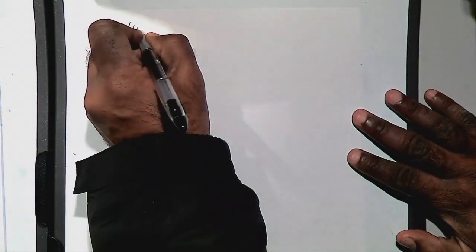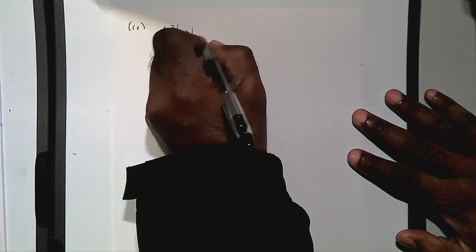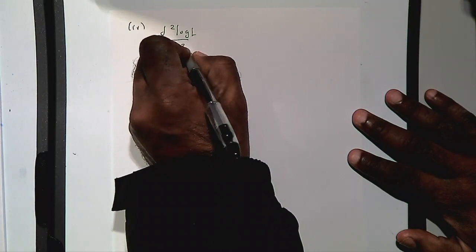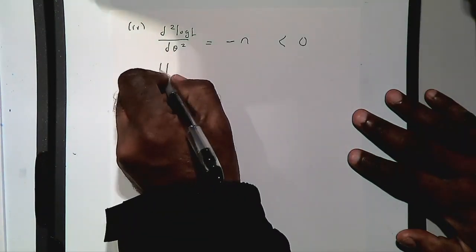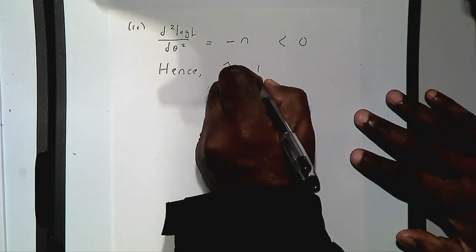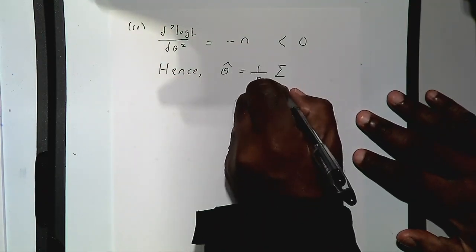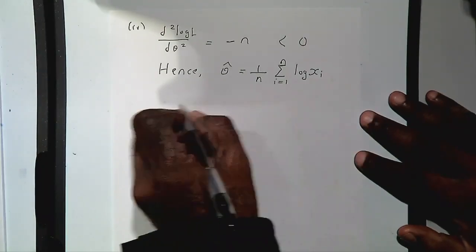Now step 4, thank you for your patience. Step 4 is to find the second order derivative, which is minus n, which is clearly negative. Hence, is